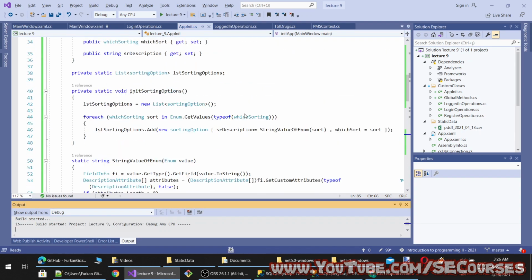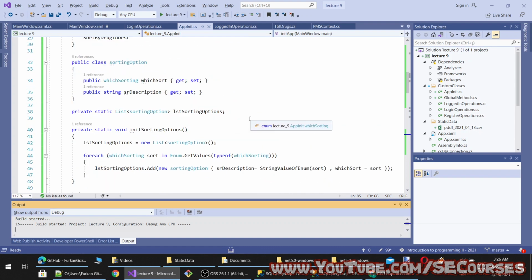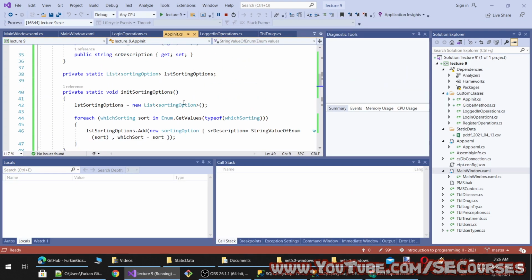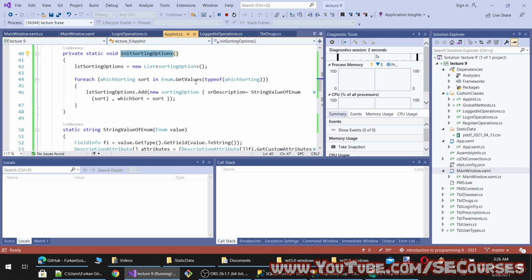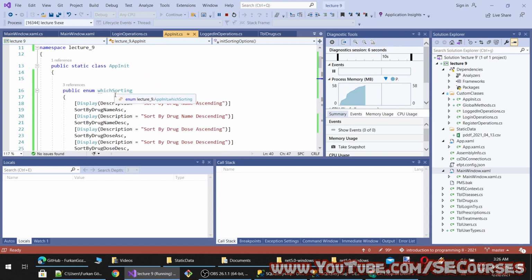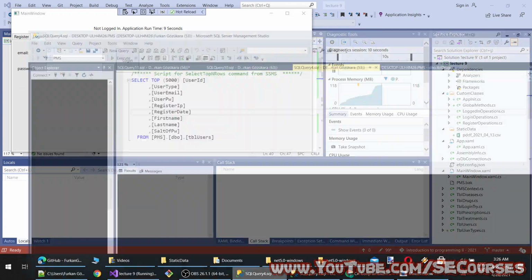I think other solutions were harder to understand, so we just added one helper method like this, and a method like this to initialize our list automatically from our enumeration. Okay.